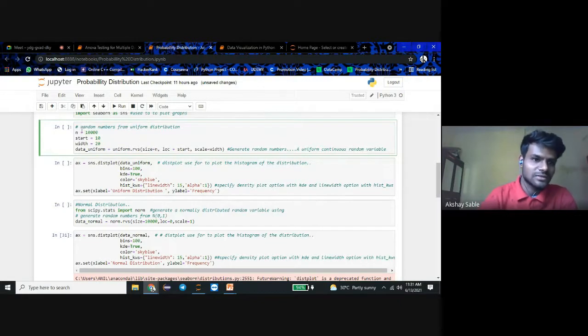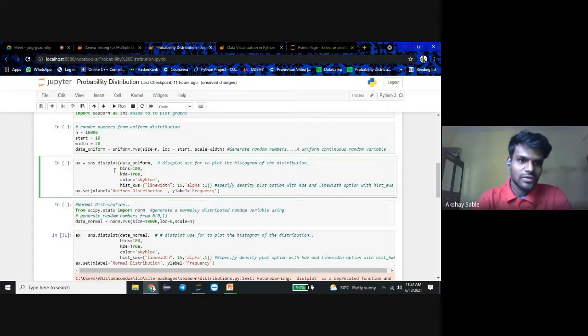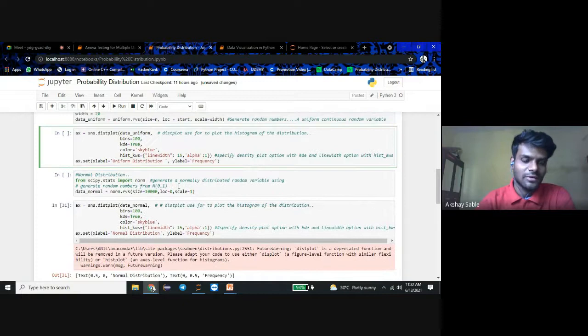We use 1000 here, and ax is equal to sns.distplot with its parameters: bins equal to 100, kde equal to True, color equal to skyblue. Distplot is used to plot the histogram of a distribution, and kde is the line width, with the hist option in kws. Then ax.set is for setting the title for the x-axis and the y-axis.